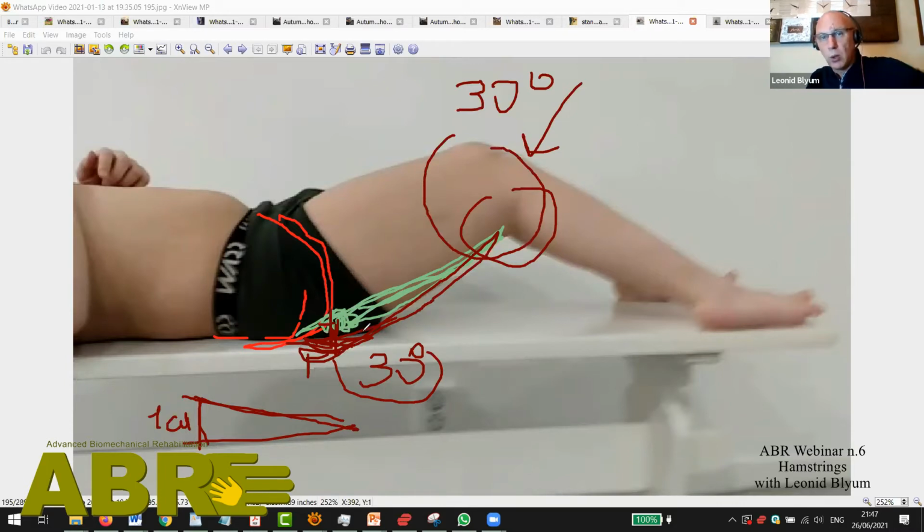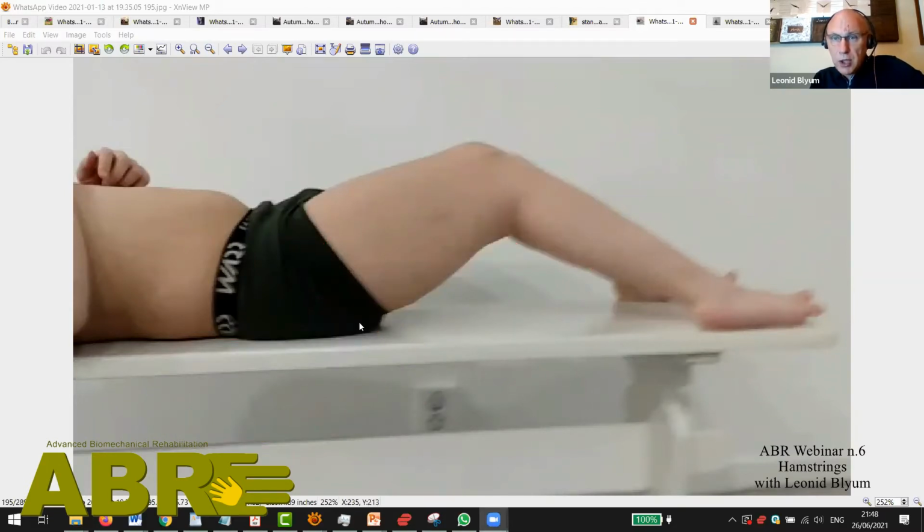Because either your leg goes flat or you get this quite significant angle. So that's the first logic that we want to be very aware of, that the attachment has a critical effect